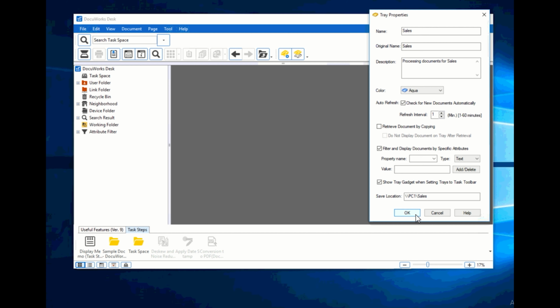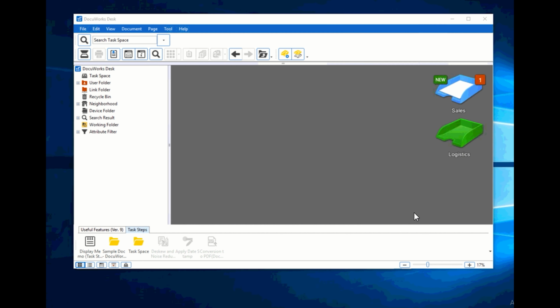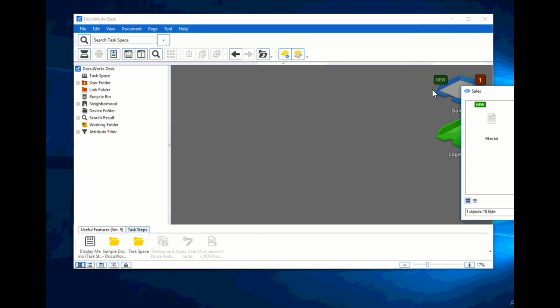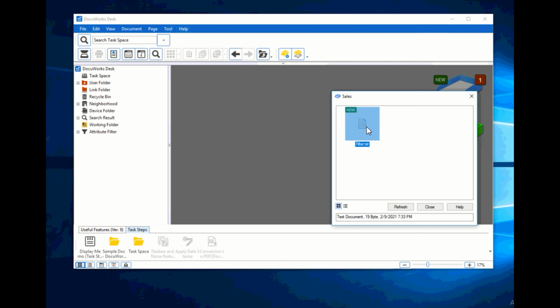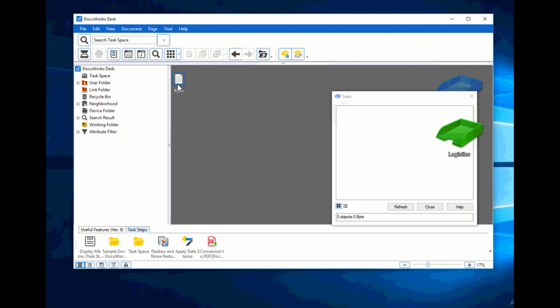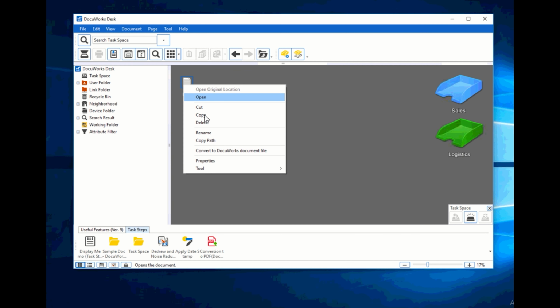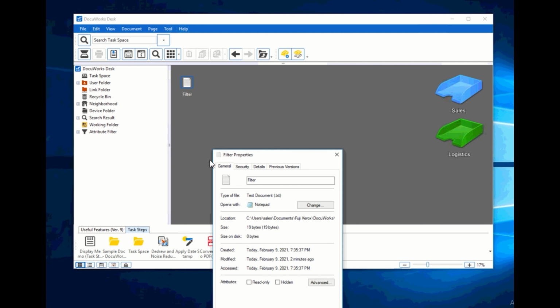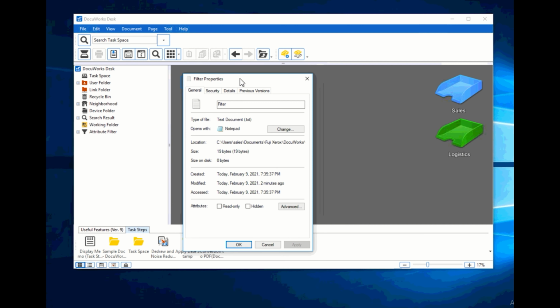All right. So if I turn this on, I should have some properties and values that I wanted to make changes to. Right now, I'll go ahead and process my documents first. Let me take this document, which is filter.text, and move it first into the task space. Okay, and go over into its properties,